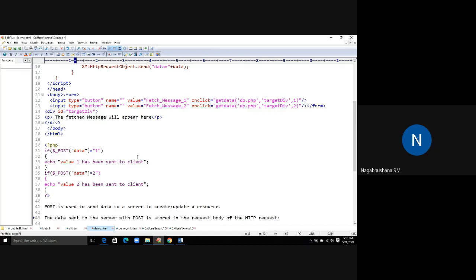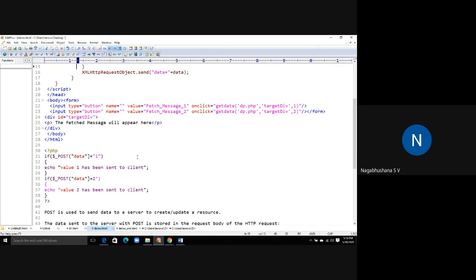When I click on message one, value 1 sent to the client will be displayed in the place where the fetched message will appear here. Similarly, when I click on the message 2 button, value 2 sent to the client will appear in the place of the message here.